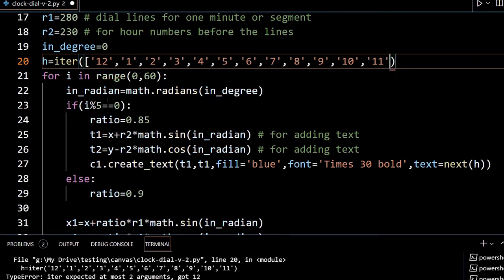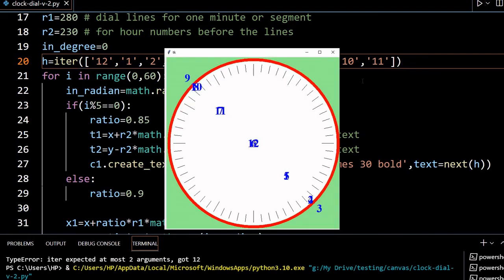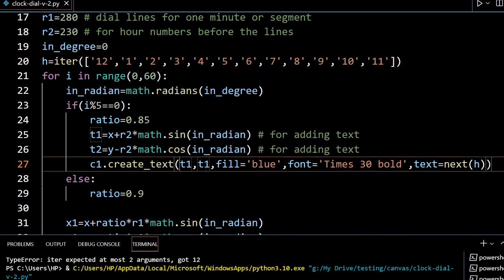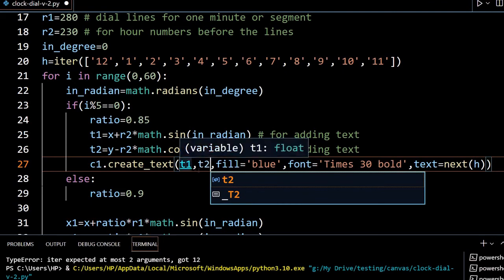I have to mention a list here. Fine. Now this list I am converting to an iterator. This is a list actually. Declaring a list, again I am converting it to an iterator and using it. Let's try now. Yeah, sorry, I did something wrong, so the lines are not properly coming up. So coordinates T1, here I have to make it T2.